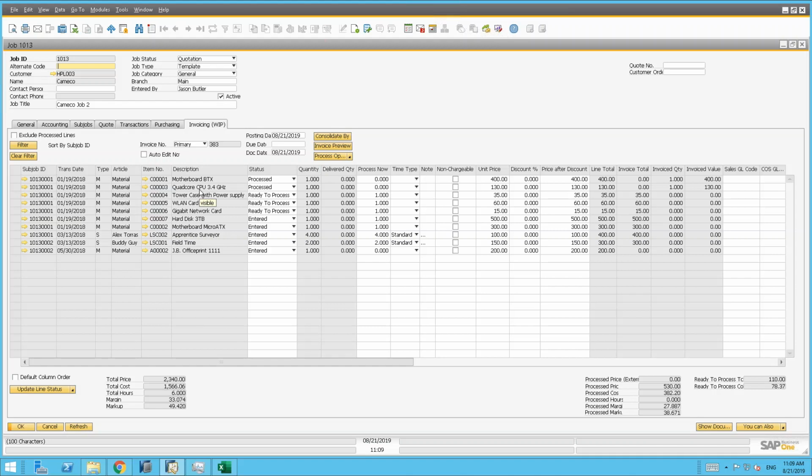You don't necessarily need a job management system to do that. But what Airless adds to the equation is being able to do more sophisticated versions of time and materials billing. In addition to that, Airless has a contract billing module that Standard Business One cannot do contract-based